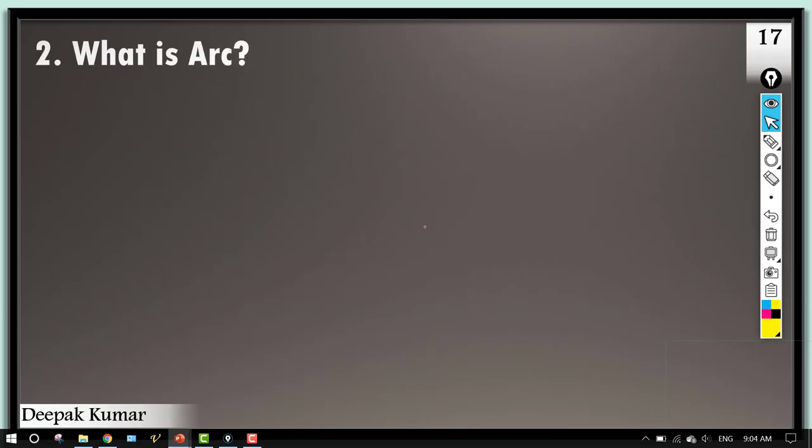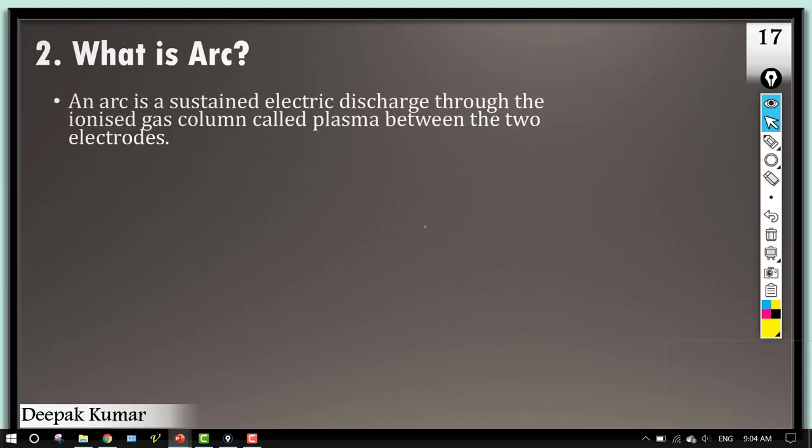Now, what is an arc? An arc is a sustained electric discharge through the ionized gas column, called plasma, between the two electrodes. How will we understand this? So let's